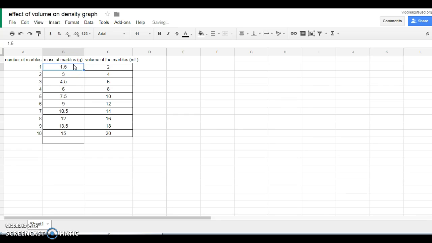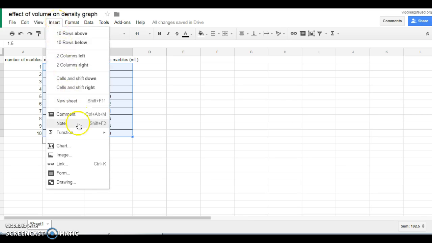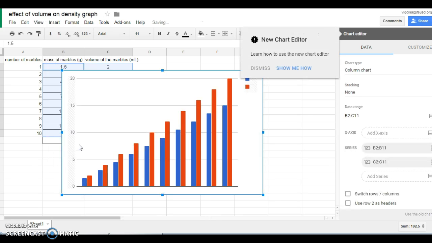Once you have these numbers in here, you're going to select just those cells that have these particular numbers. That's your data, and that's what you're going to be graphing. You're going to insert a chart. So go to the Insert menu, go down to Chart, and it's going to create a chart that looks like this,